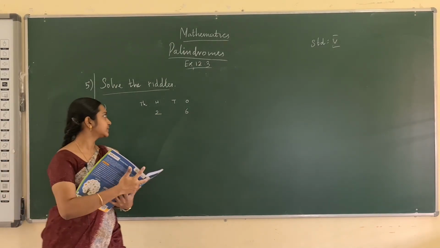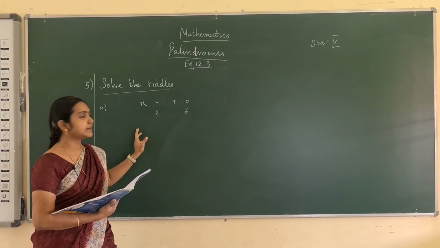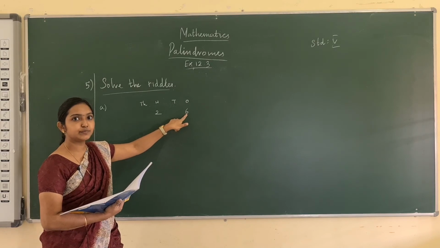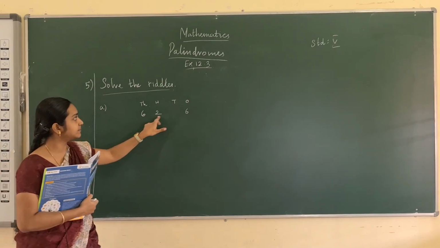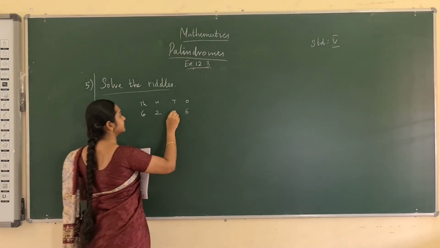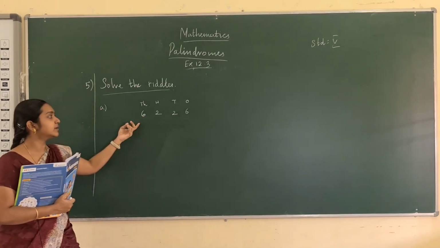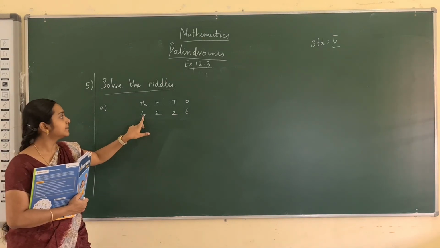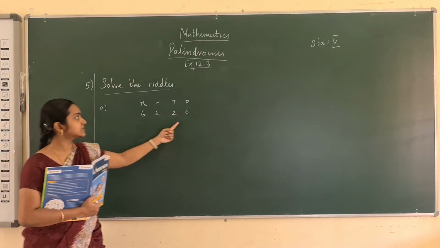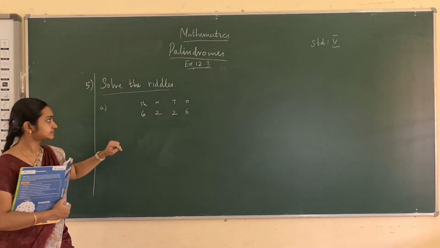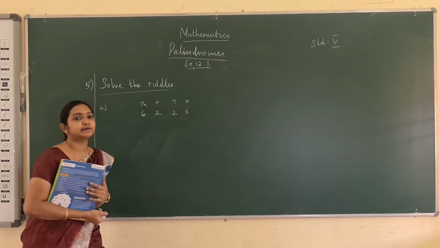What number am I? It is given, it is a palindromic number. So if we reverse that number, we should get the same number. So the number that is ending should be the number that is starting. So 6 will be in the thousands place and the same number should be repeated here. Then only we will get a palindromic number. If we reverse this, we will get the same number. The starting and the ending numbers must be same for a palindromic number. And here we are having 2, the same 2 will come here for a palindromic number.